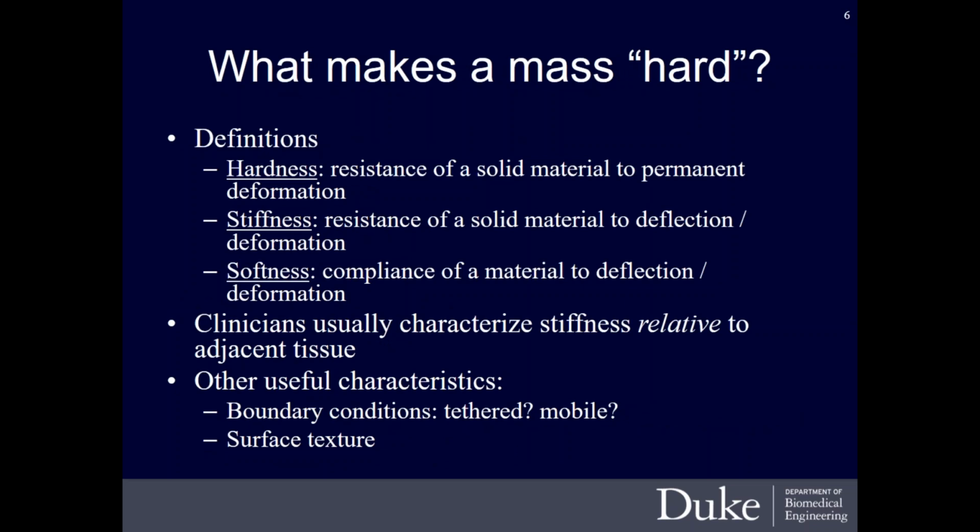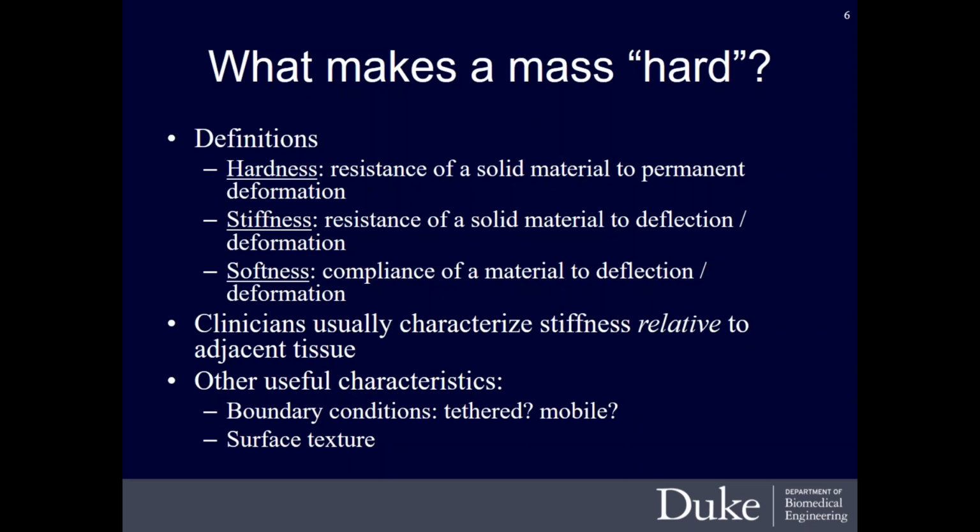And just to get some definitions for common nomenclature to be used, hardness and stiffness are commonly used interchangeably in the literature. They do have a slightly different formal materials definition, but for the sake of what you would come across in the literature, stiffness is just the resistance of a material to some form of deflection or deformation. So if you press with a uniform amount on a given piece of tissue, the more that it resists deforming in response to that push, the stiffer it would be. Softness, of course, is the inverse of that and is looking at the compliance of the material.